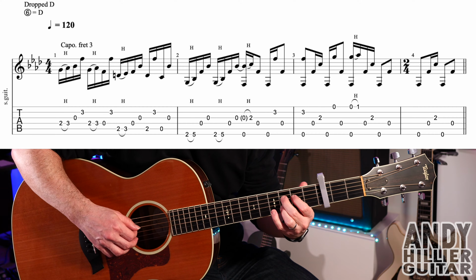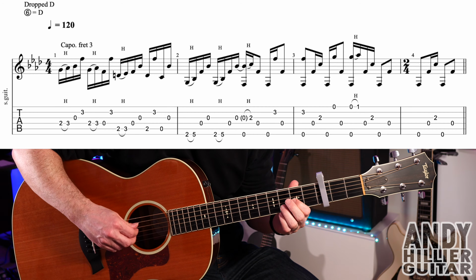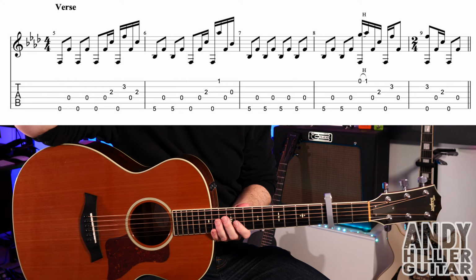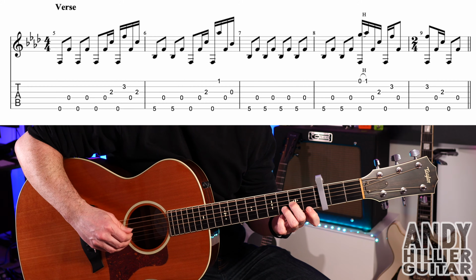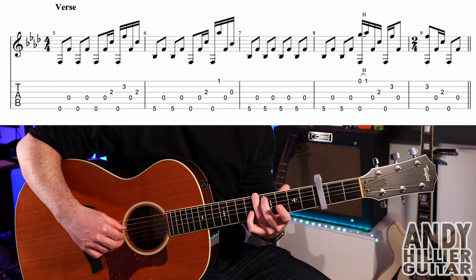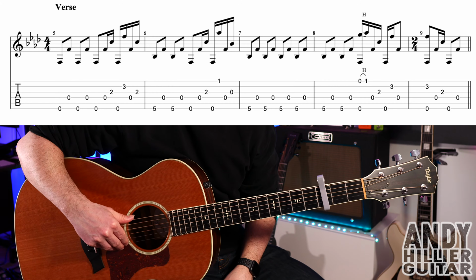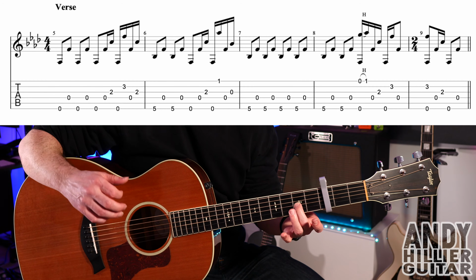And up to speed. Okay, so that's the intro. Sounds really cool. On to the next line, the verse, and we get this. Or something like that. So you play the E string, and then the D, then E, D, E, D, then